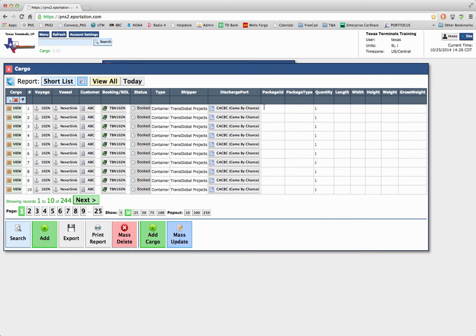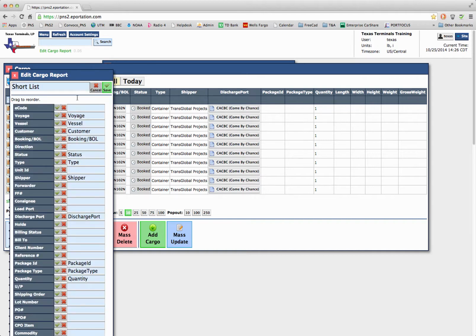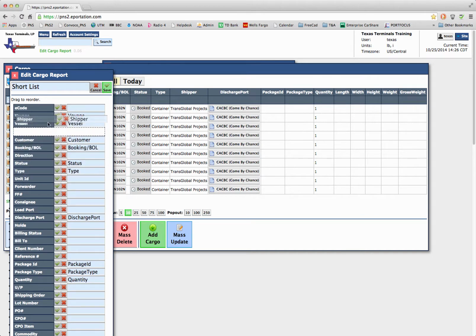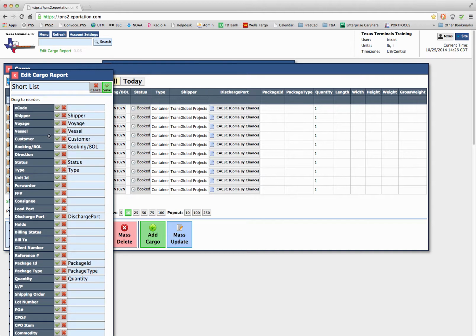And now here's the report that we just created. To edit this report, click on the sign to the right of the shortlist. Now you can move things around. It may be that you wish to see the order like by the shipper, the voyage, the customer. Perhaps you want to add the direction,